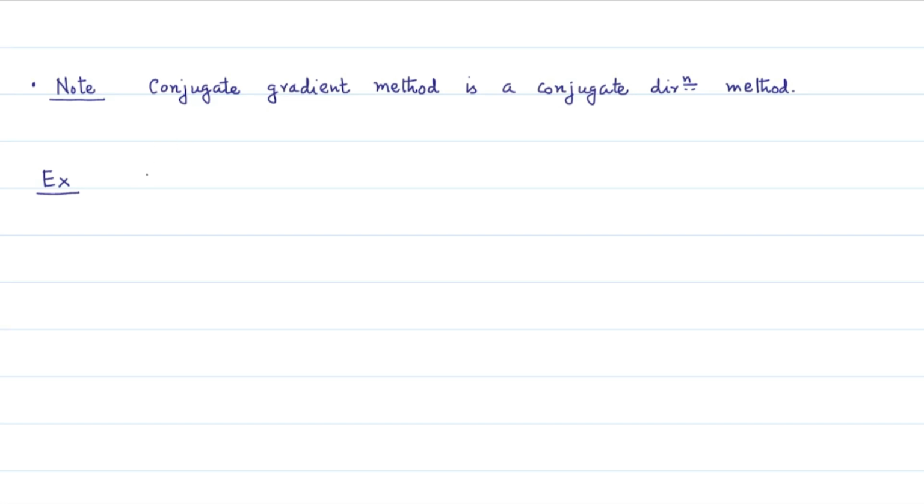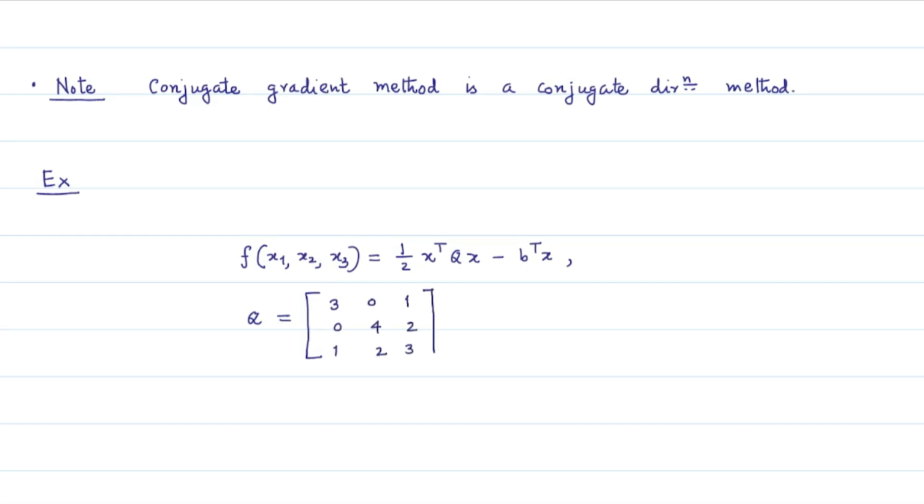Let me consider applying the conjugate gradient method on the function where the matrix Q is a 3 by 3 positive definite matrix given by this matrix, and the vector b is this vector. On this function, we apply the conjugate gradient method to locate a minimizer of this function